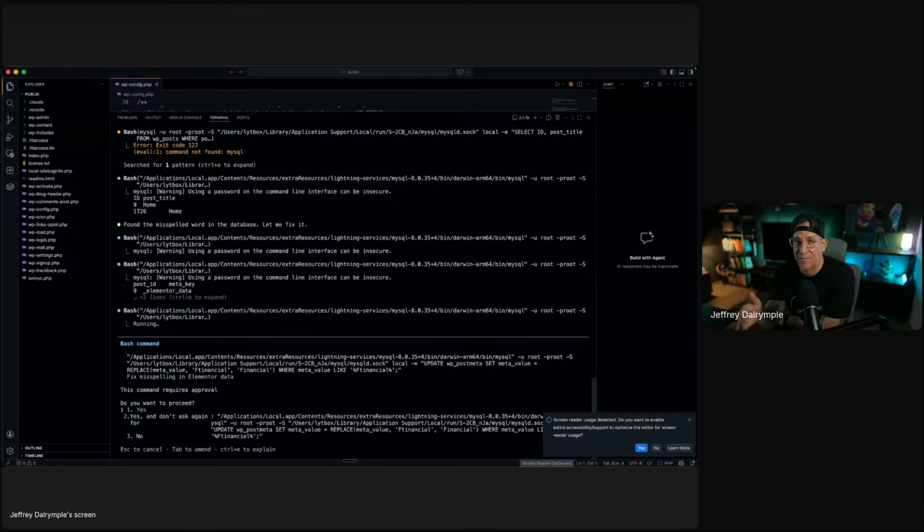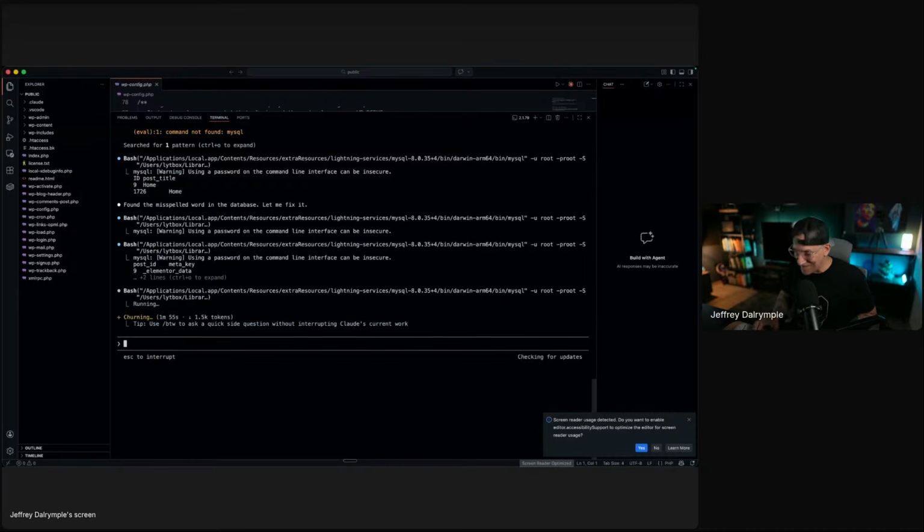You need to have skills, memory set up. You've got to set everything up just like if I was building out a website for a client or a real project, solving a real problem. We're going to go through a process first before we even start building the website, making sure everything is prepared and in the right direction. We're not just going to open up something and slap on some plugins and start going. That is exactly what I did right now. This is not for a real project.